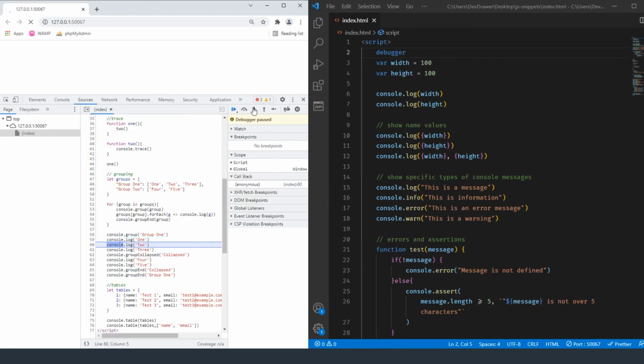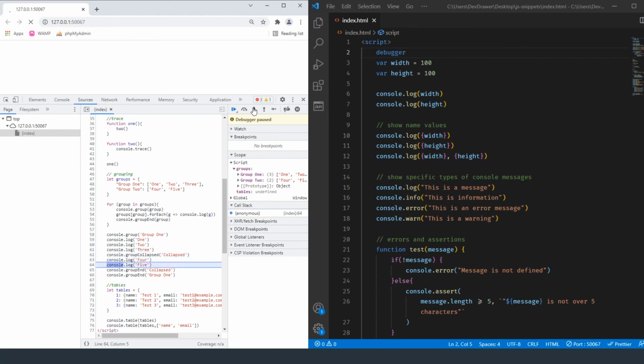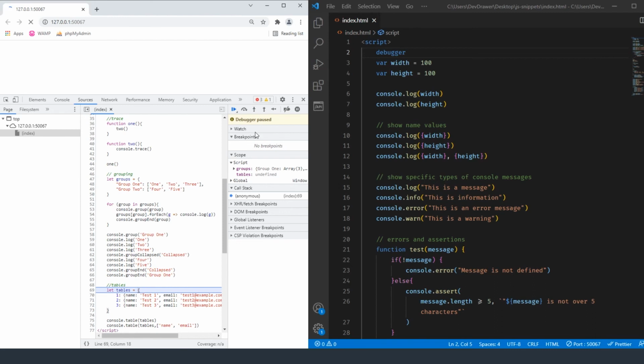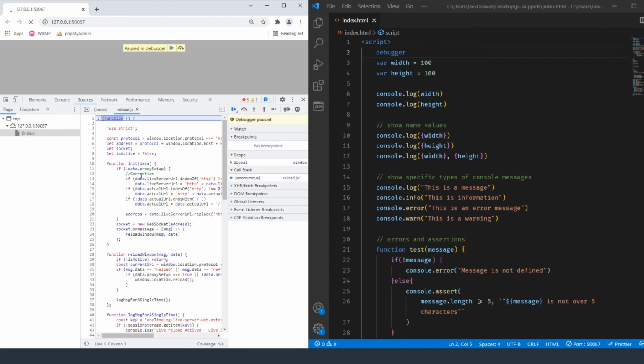So continuing down, pretty much the same thing that we just did. It's already grabbed our variables up here, so these variables are set, and right now it's just running through the console that we have out. So now we're at tables, currently undefined, and we're on the next section now, which now has that tables defined, so we can view this information in real time as we're doing it. And then finally going through it again and hitting the table, and then that's it. So once we get done, it's trying to now hit the reload.js that I have,